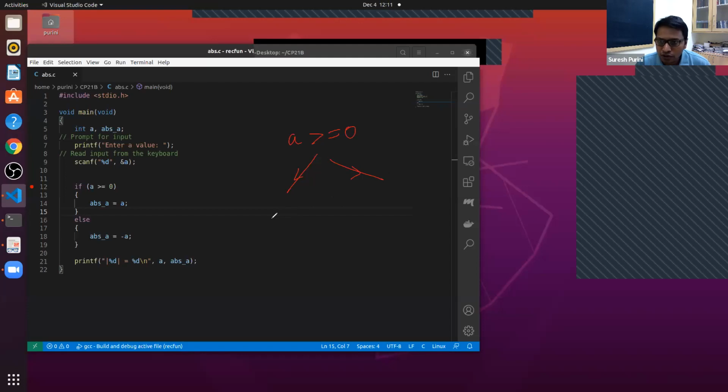In the digital systems course, you already learned logical true and logical false, right? Logical true, Boolean false. Okay, no problem, it doesn't matter, don't worry about it. So if a is greater than or equal to 0, there are two possibilities: either it is true or it is false.